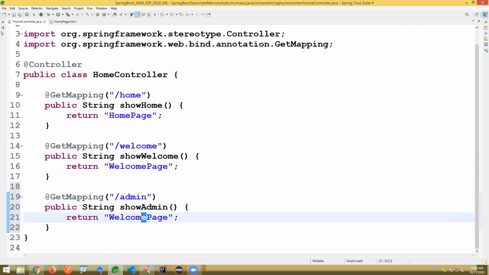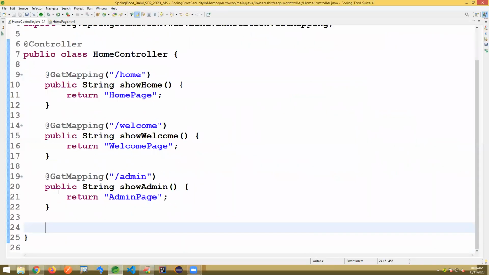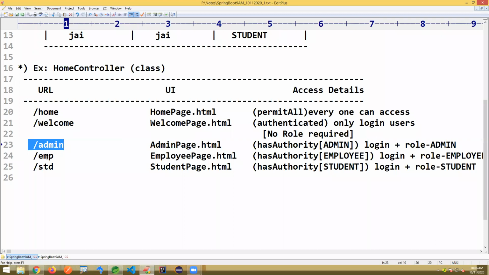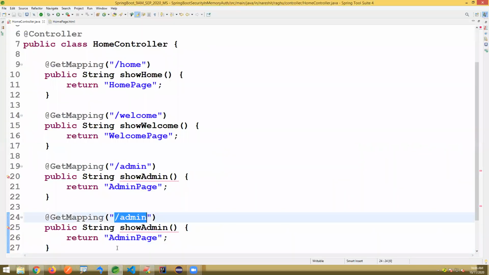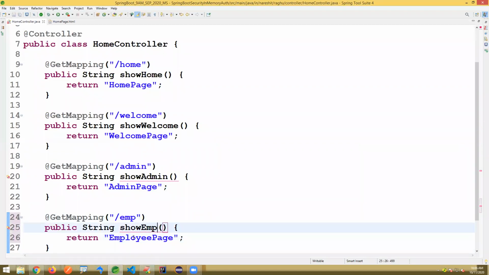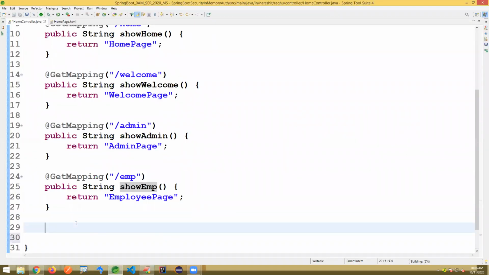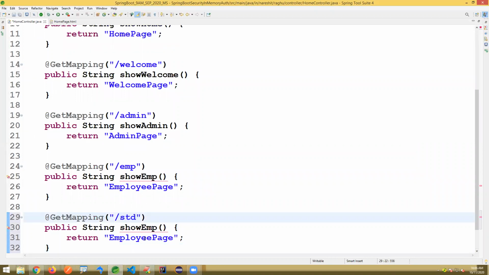It's an admin page. You can take multiple controllers or the same controller, not an issue. It's a GetMapping. There I'm writing /emp, an employee page, showEmp. In a similar way, I'm writing student here, /std, showStudent, or showStd student page.